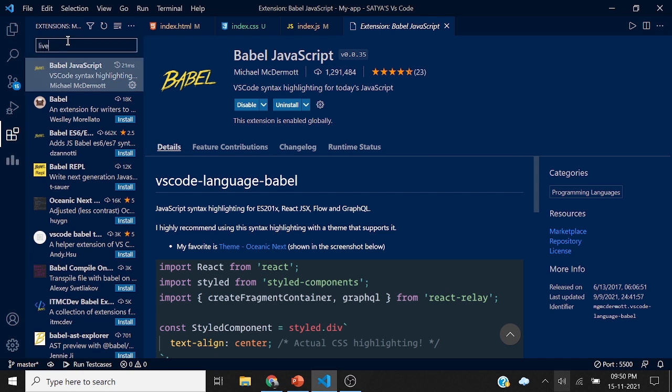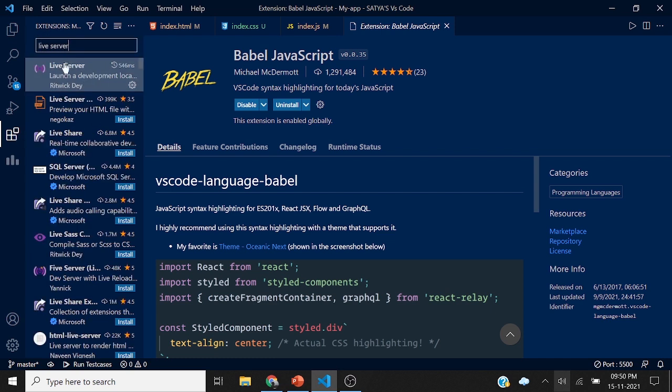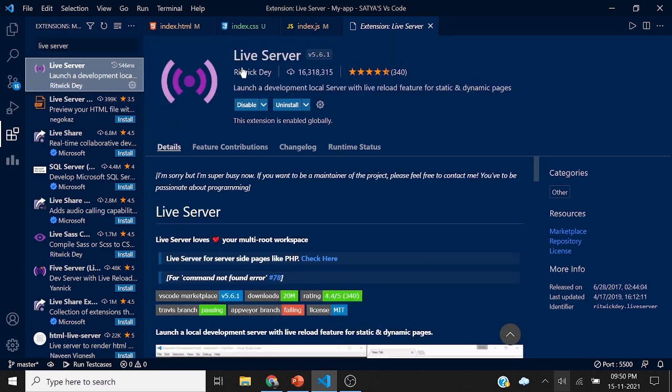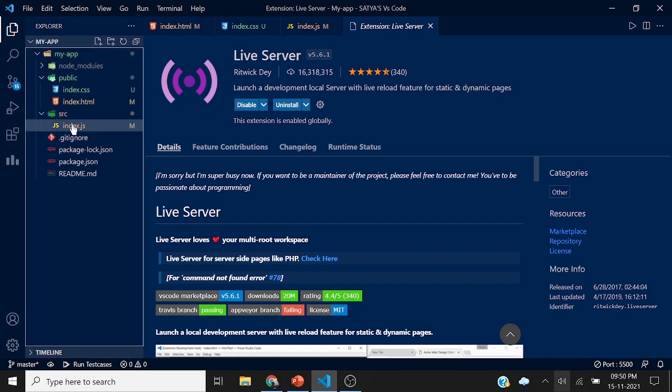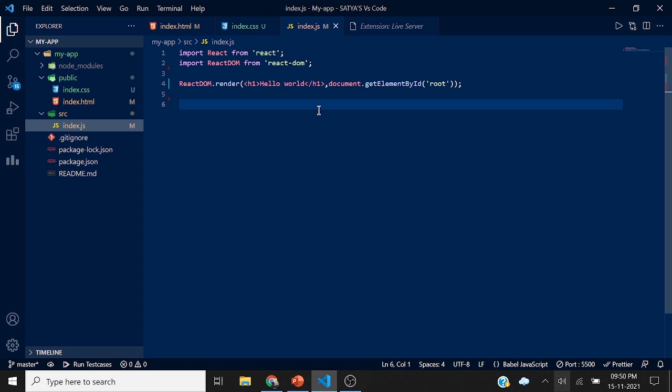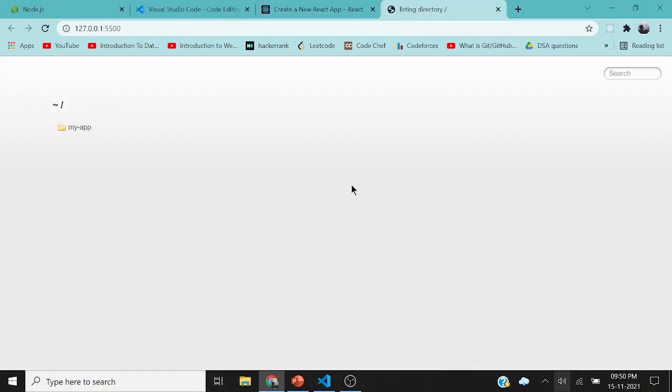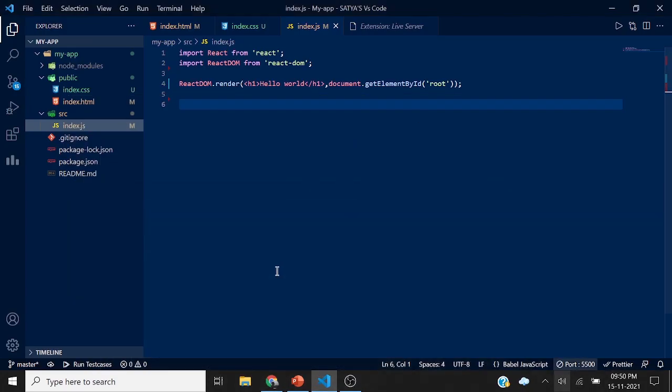And the next one is Live Server. I think you all know about this if you're doing web development. Using Live Server can automatically render your page so that there is no need of running the page so many times. As you see here, I'll get an option as Go Live. Now this is our code, and if I click Go Live, we'll be getting the direct web page. Now it's not showing because we need to start our app.